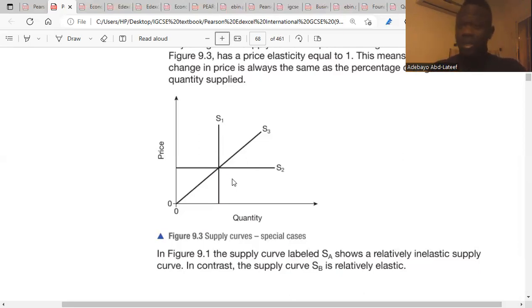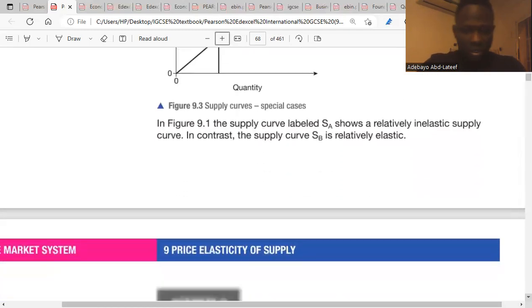Any question about that? At S1, it is vertical, and vertical means perfectly inelastic. At S2, which is horizontal, it means perfectly elastic. And S3, the straight line passing through the region, is unitary, which means percentage change in quantity supplied equals percentage change in price. Any question about that? Then we'll go to